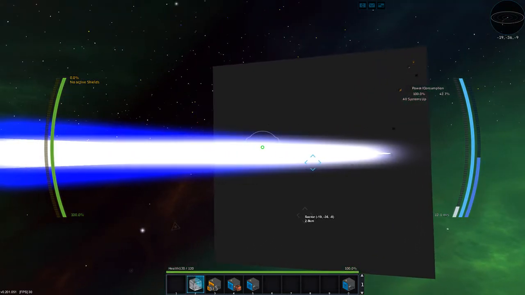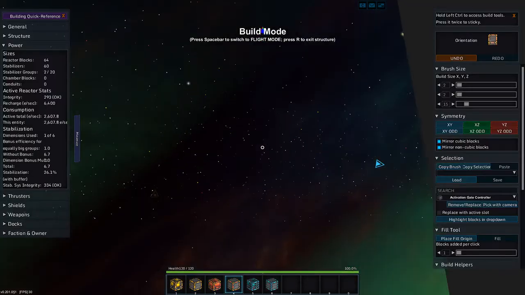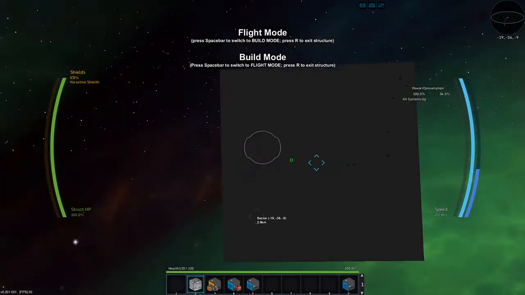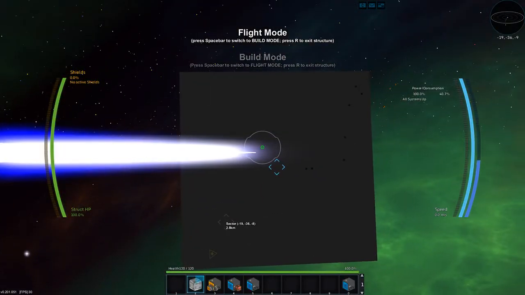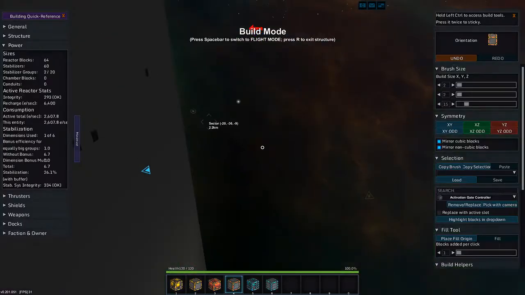Tractor beam computer work. Yep, these are working again. That's nice. Oh, is logic working? Yeah, of course logic's working again. I just did it in the other video. I was pressing buttons. All right, well,